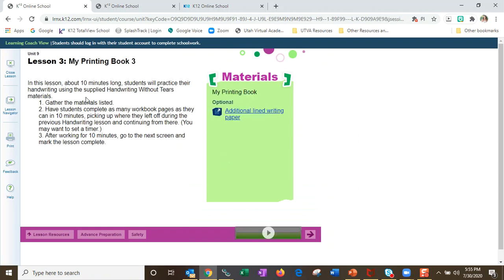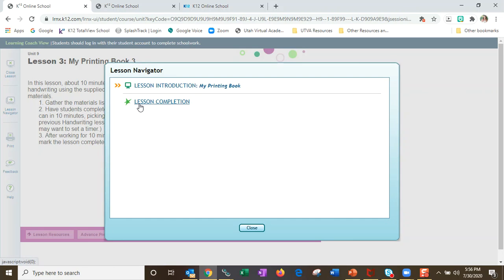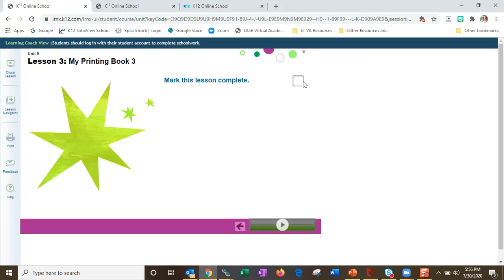And then this lesson for handwriting is something where they are using a workbook. So a lot of the things they'll be doing will not be online. So it gives them instructions: grab the materials, work for 10 minutes. And then the only way that we know that they have done offline work is if you mark it complete. So in here, you can come to lesson completion, and then you'll just be able to check that box, and this lesson is